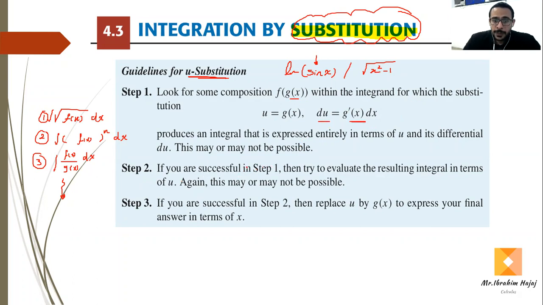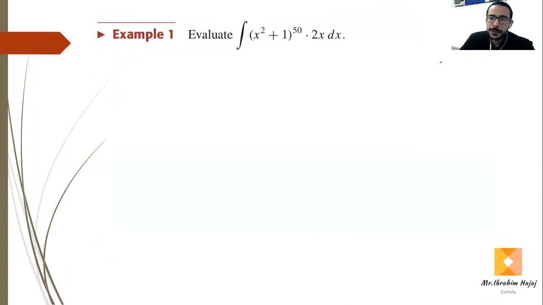Step 2: if you are successful in step 1, then try to evaluate the resulting integral in terms of u. This may or may not be possible. If you are successful in step 2, then replace u by g of x to express your final answer in terms of x. So let's do the first example here, which is to evaluate